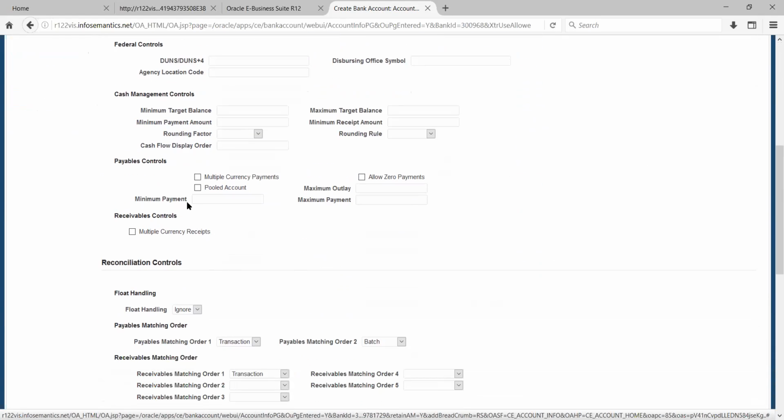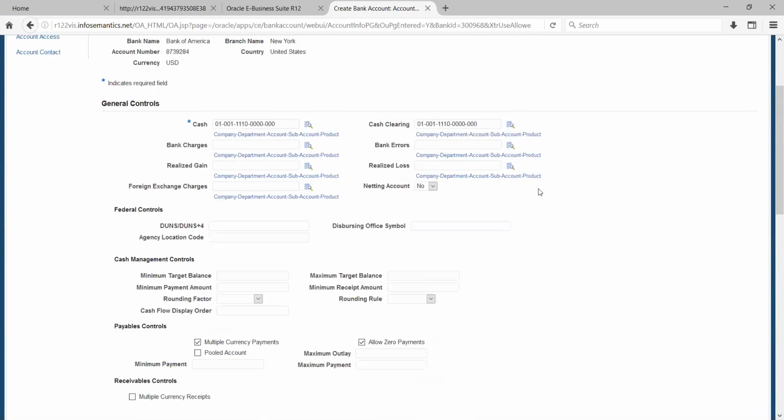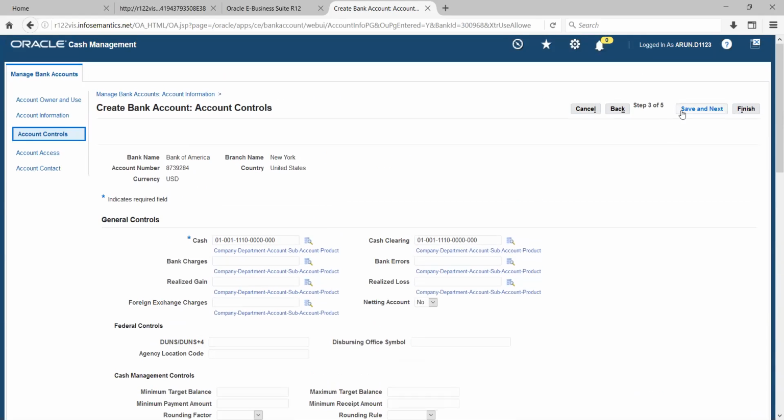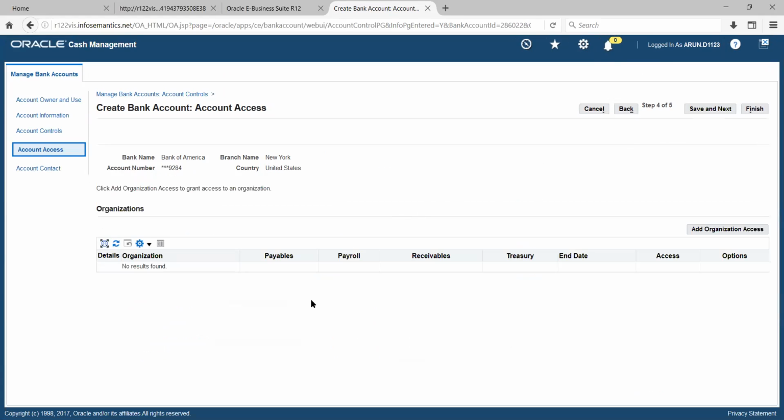Yeah. So apart from that, we have a few other options, whether we want multi-currency payments and whether we want to use zero payments. Basically, when do we use the zero payment? When we have this one defined. Let's say there is an invoice that we are canceling, and after canceling, this